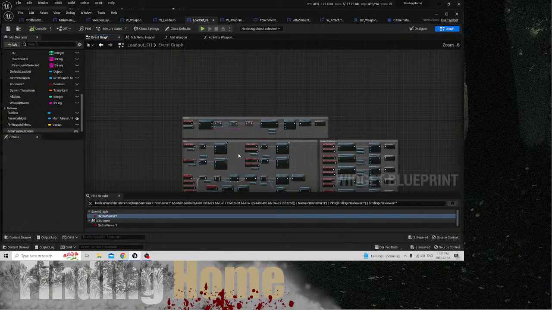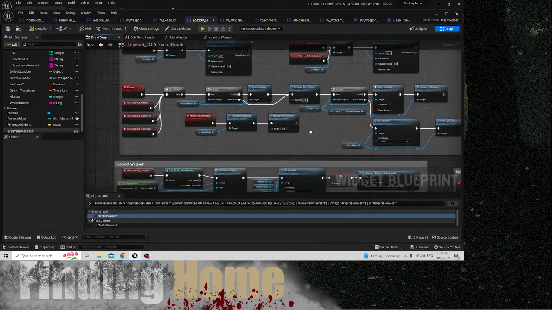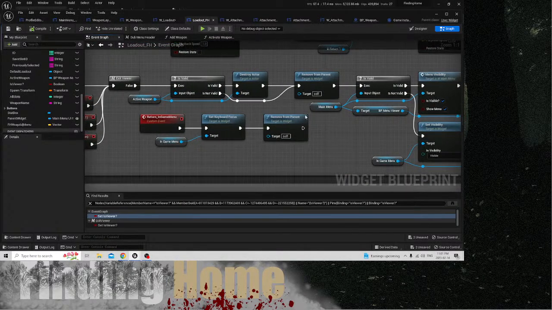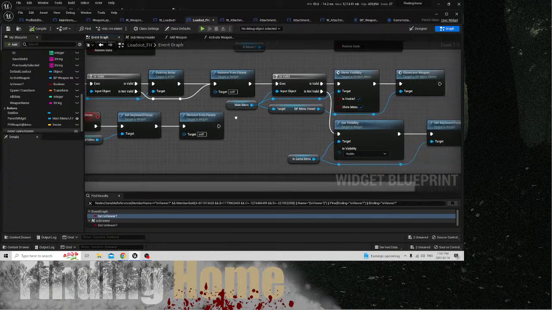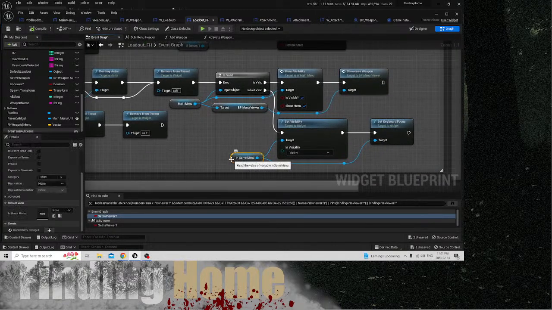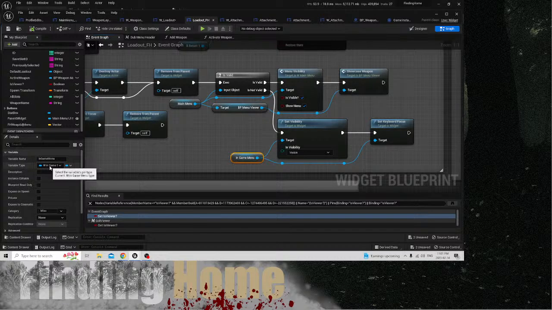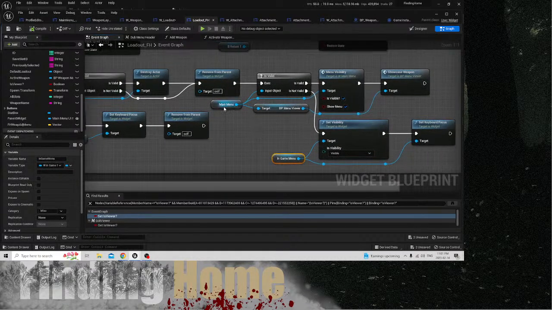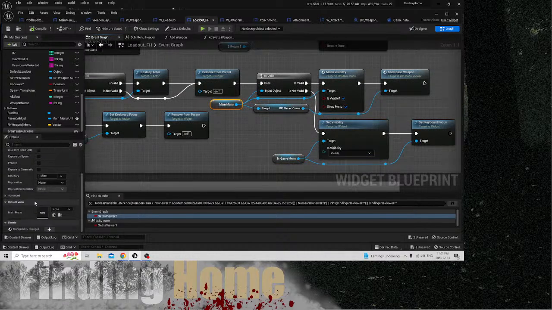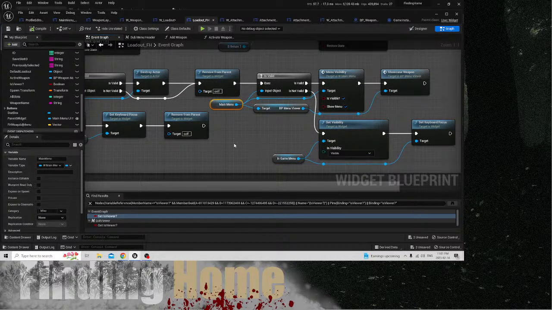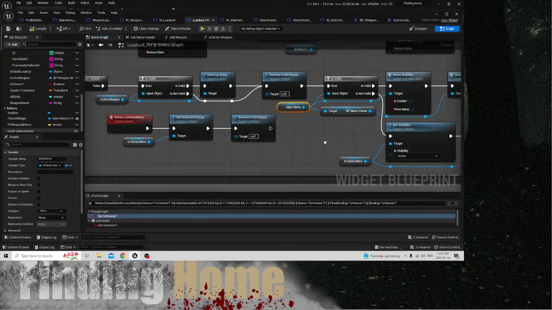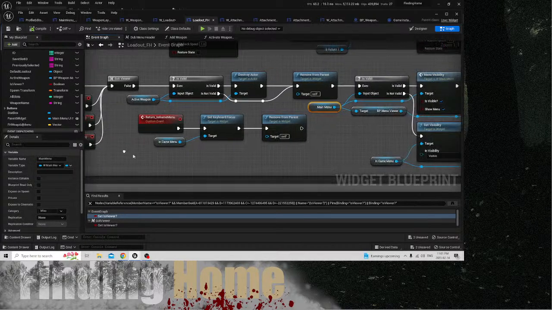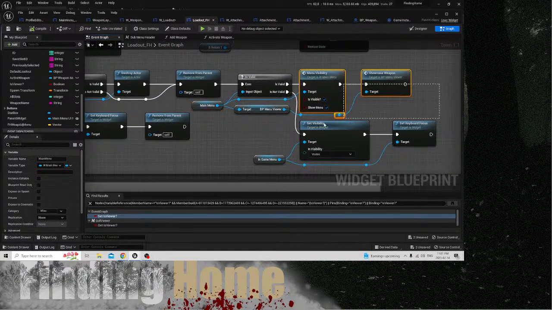So, escape. Game in-game menu. So it's setting in-game menu or menu widget to visible. Main menu widget to visible. If it exists, remove from parent. Destroy actor. Pretty much. This is where we want to